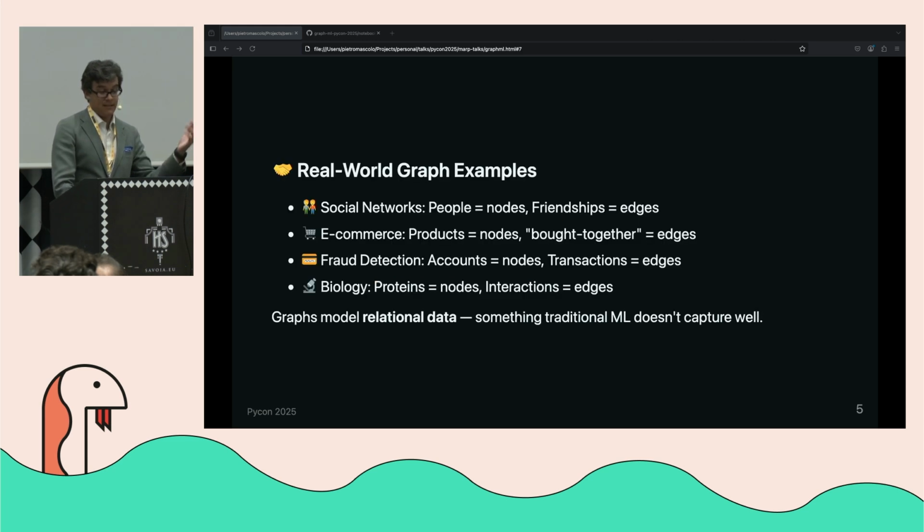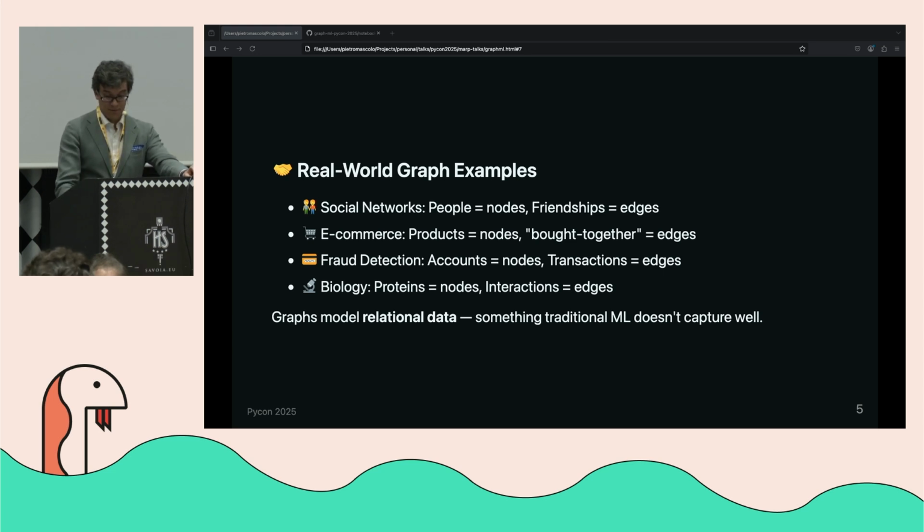Some examples include social networks. It's probably the most illustrious example that we can think of, where people are nodes and all the friendships and connections are represented by the edges. Or we can go to more complex graphs, for example, fraud detection rings, or e-commerce, where you have multiple types of nodes and edges interacting, where you can have, for example, nodes that represent customers and edges that represent orders or that represent complaints, and other nodes that could represent, for example, suppliers or other entities.